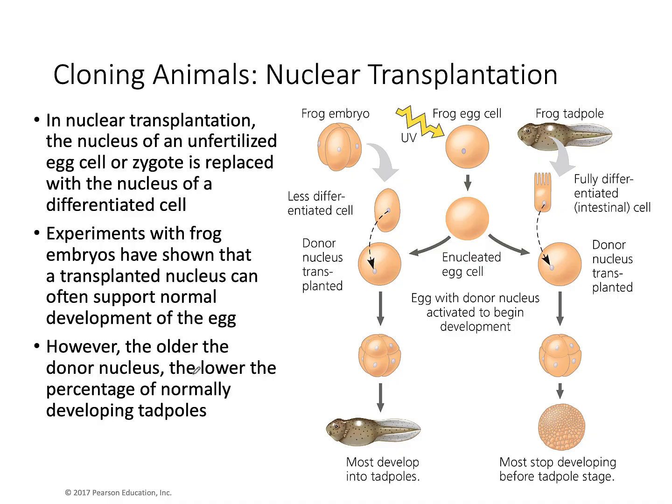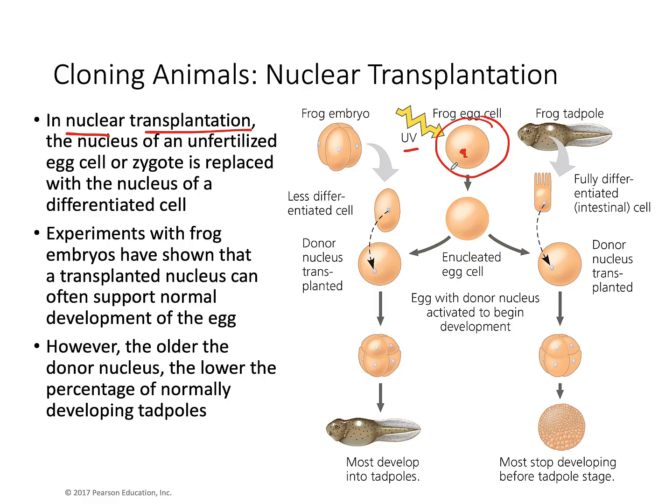We have, of course, experimented with cloning entire animals. We typically are going to see this done through a process called nuclear transplantation. So what this is going to do is it's going to take a nucleus of an unfertilized egg. So here's a frog egg that has not been fertilized, and it is going to be enucleated, or have the nucleus removed. You can do this with UV radiation, and that is going to destroy the DNA in the nucleus, and then you end up with an egg that has everything we need to produce a tadpole, except the